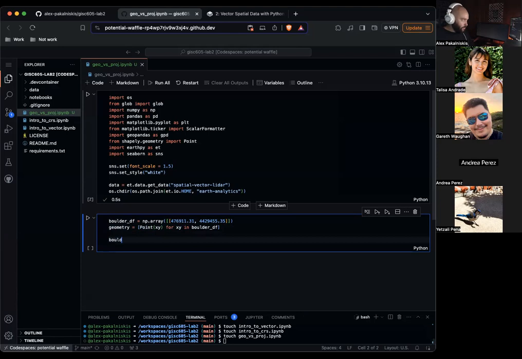And then Boulder loc equals gpd.GeoDataFrame, geometry columns equals geometry, CRS equals EPSG 2957.